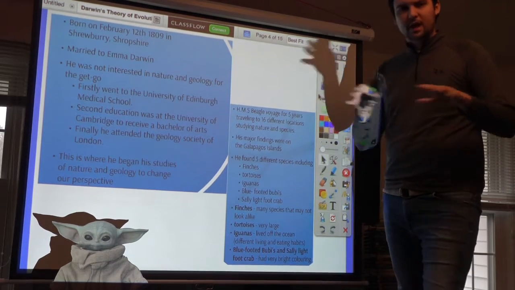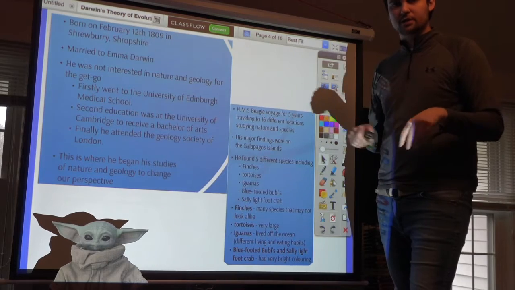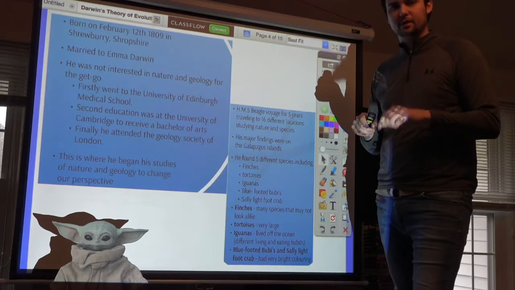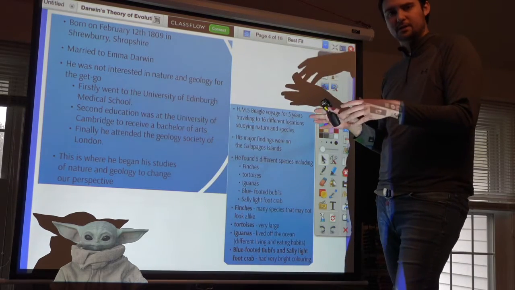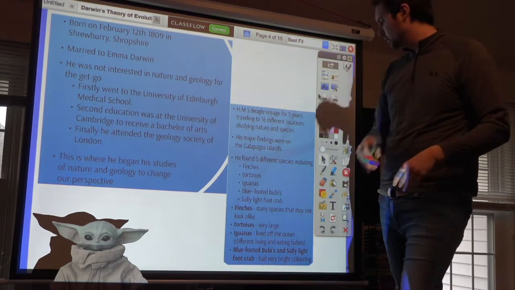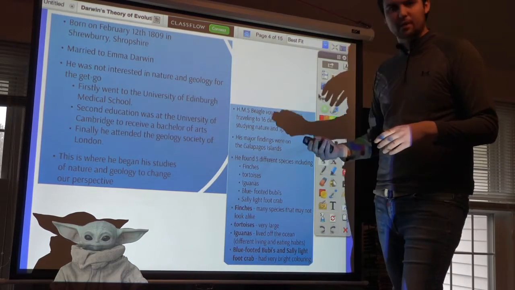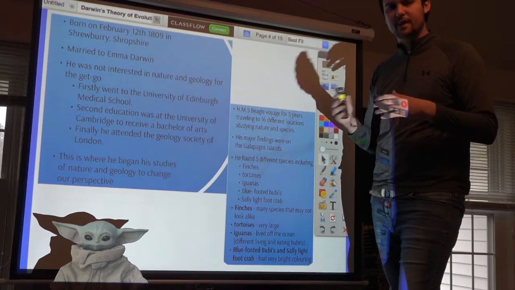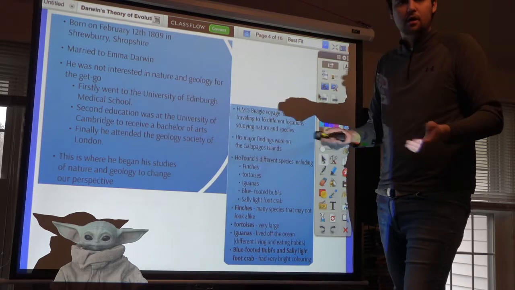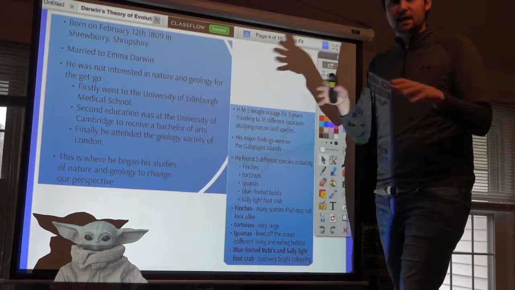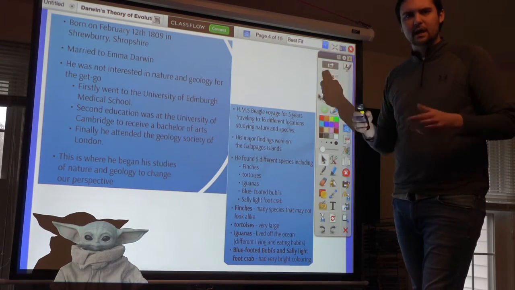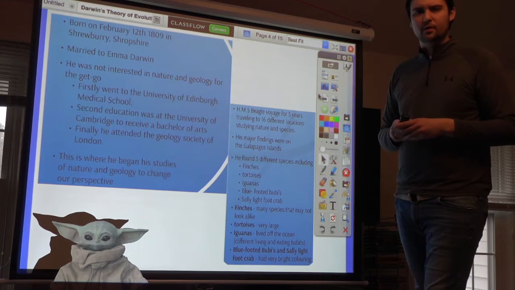Within these different islands in the Galapagos, he noticed that the animals were similar, but still different. They were different species. The finches would have different shaped beaks as he went from island to island. Or the tortoises, he noticed, would have different shapes of necks. Some would have short necks, some would have long necks, and yet they were still all tortoises. And seeing all these differences between the animals led him to come up with the theory of evolution.